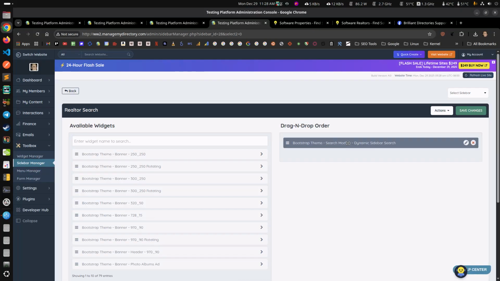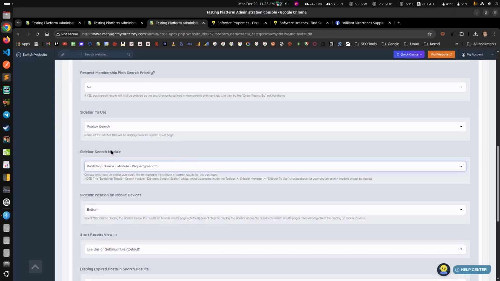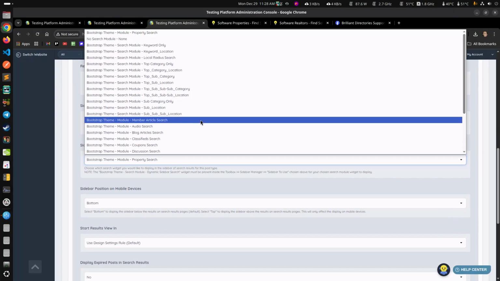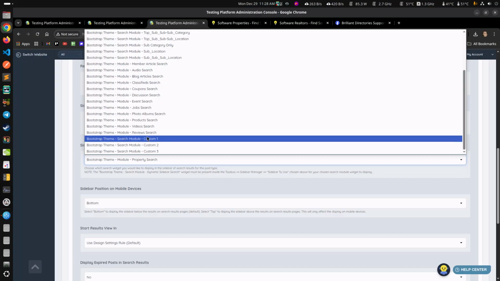So once you have this one on your sidebar, you can forget about this sidebar and just go directly to the feature. And on the feature, we want to create a custom search. Well, BD has 3 custom levels here. Search module 1, 2, 3. You just select one,